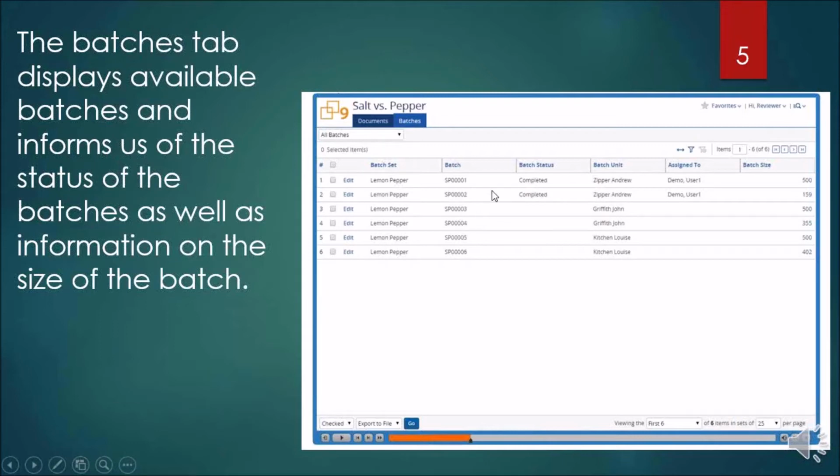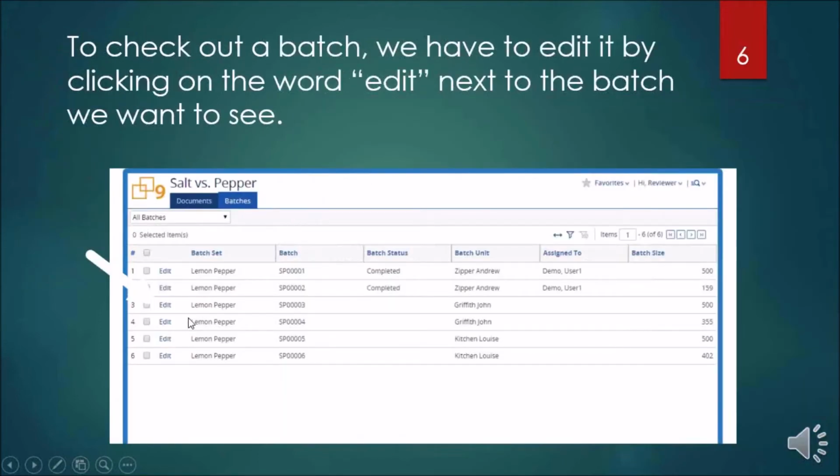And then we're going to go ahead and take a look at a particular batch. We're going to check out a batch that we have to edit by clicking on the word edit next to the batch. And this is where we would do it. Now we're going ahead and doing that even though we haven't been assigned this batch. Notice there's no one assigned to it, but we've got some time, and this particular batch set, the lemon pepper batch set that we're going to work on,